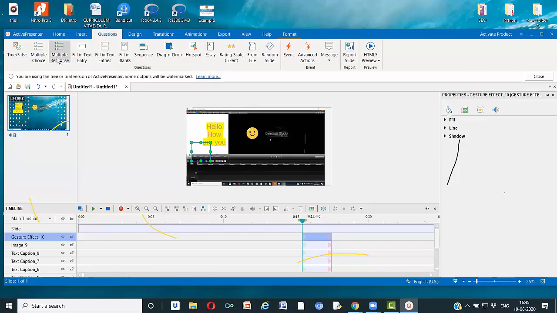But if the generated file can be embedded in a web page, then obviously I can do all those things. I can do fill in the blanks, drag and drop, hotspots, and I can write something like an essay. All these things are possible here.